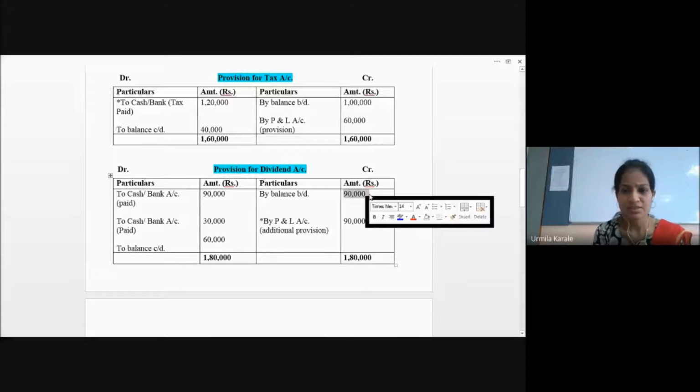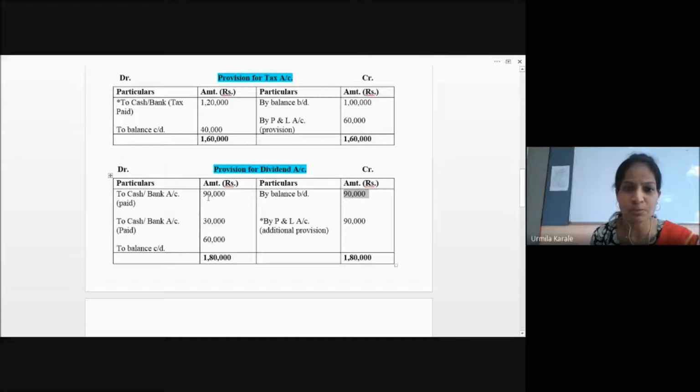You were having an opening balance of 90,000, which is supposed to be paid immediately. So whatever opening balance was in the account, you paid in full, and then you paid another 30,000. Now just try and understand how you can relate it with common sense. If you cannot understand the accounting, at least you can understand that when you create a dividend provision, you are creating it with the intention of paying dividend to the shareholders. If I created the provision last year, it means I decided to pay them a dividend of 90,000. That's the reason I kept it aside. So this is to be paid immediately, and I have paid the entire amount.